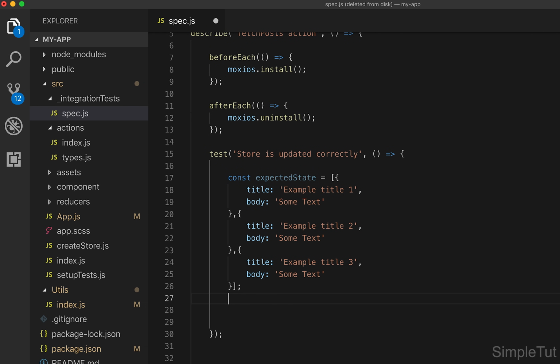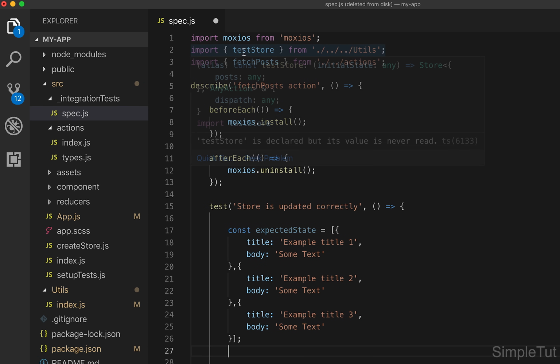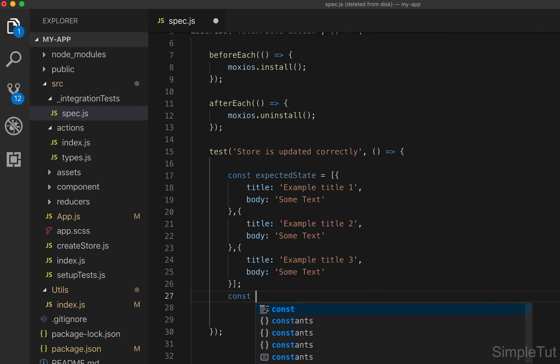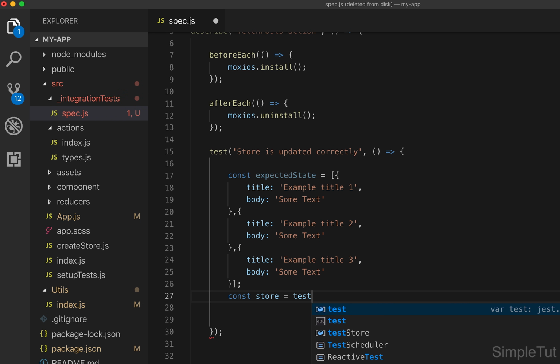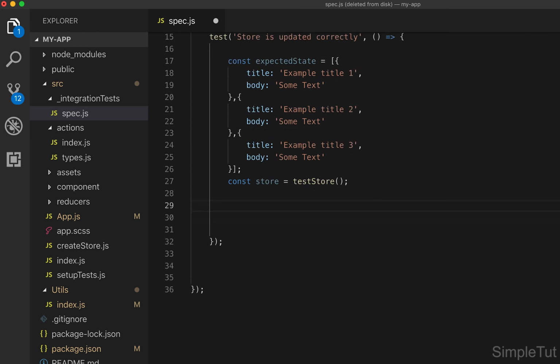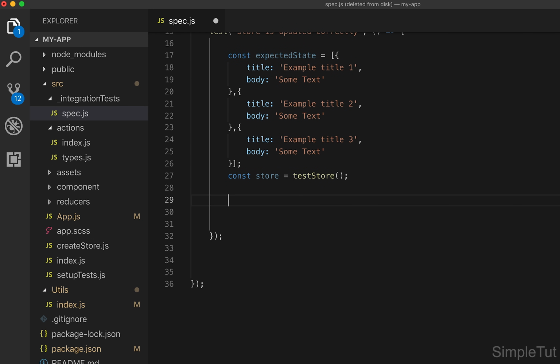Okay, so you also notice up here we imported our testStore. So I want to create that as well. So I'm going to create const store equals testStore. I'm going to call that function. And we're now ready to handle the request itself. So to do that, all I need to do, it's pretty simple. It's just